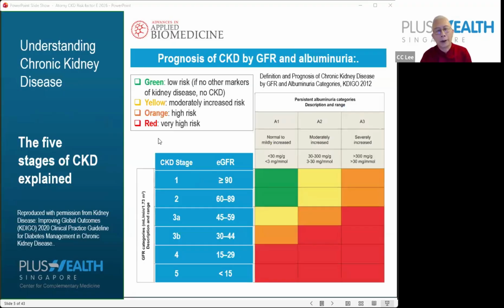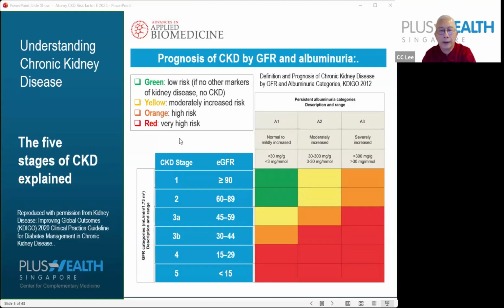Okay, so you look at these 5 stages of CKD, but the prognosis of CKD by eGFR alone is not a clear indication of your risk yet. We have to consider together with the eGFR another indicator, which is a measure of your albuminuria. So the albuminuria together with your eGFR will determine how high risk you are of suffering